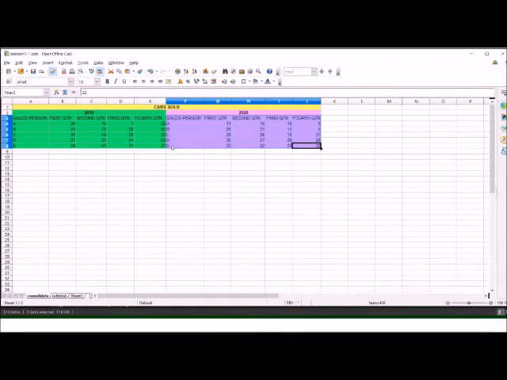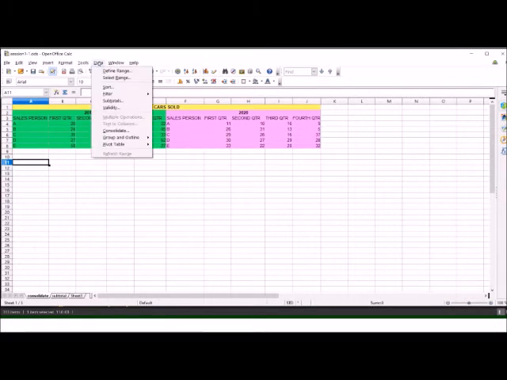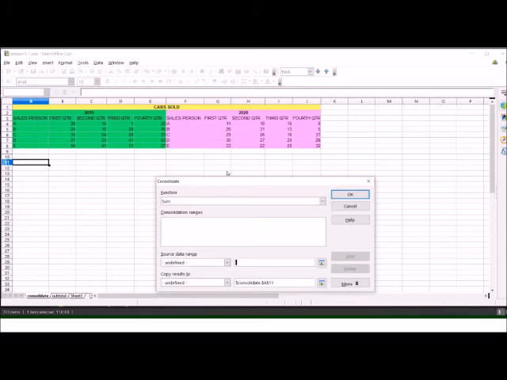So we have given names to these 2 ranges. After defining the names, we want to consolidate these 2 ranges into one range. For this, we will select the data menu and then the consolidate option.